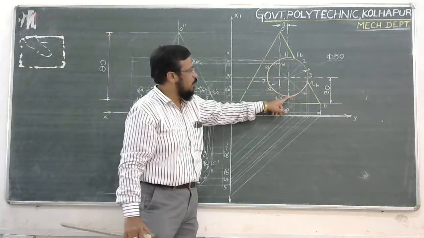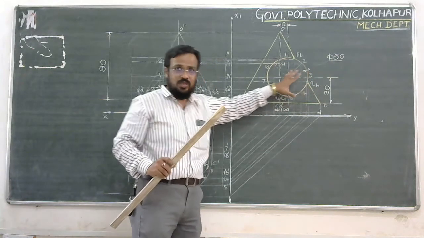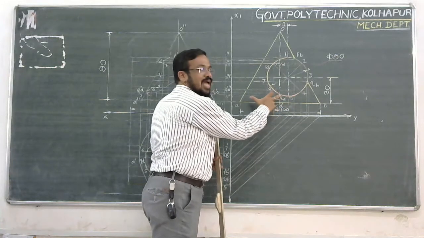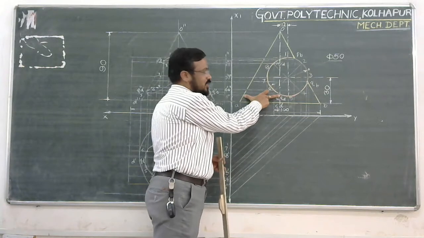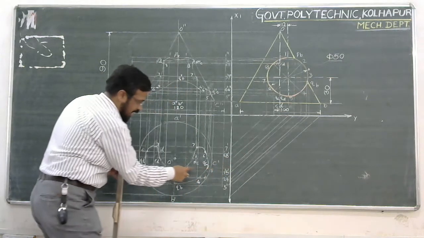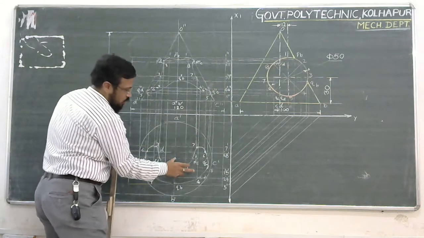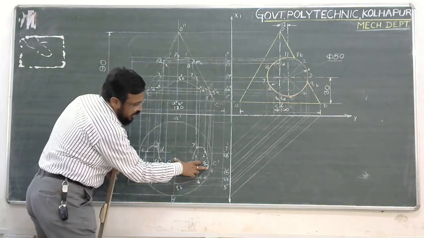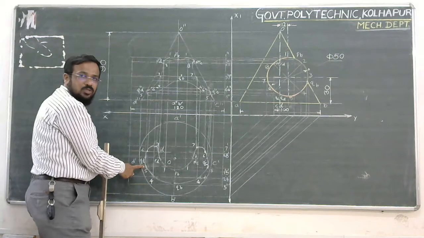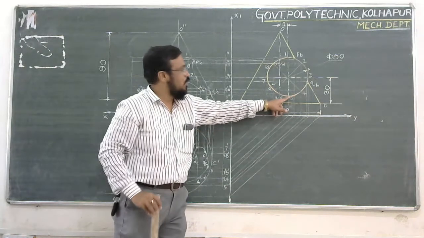Same way for this point 5, only focus on point number 5. Forget about the rest of the points or divisions of the circle. For point 5, consider the distance from this axis of the cone to the generator. Taking this distance into the compass, follow this back projection from point number 5 to this line. From center O, equal to this radius, you are going to cut. So you get here point number 5, and similarly here point number 5 dash. So 2 points, one on this side and another on the back side. This is the way in which you can plot point number 5.